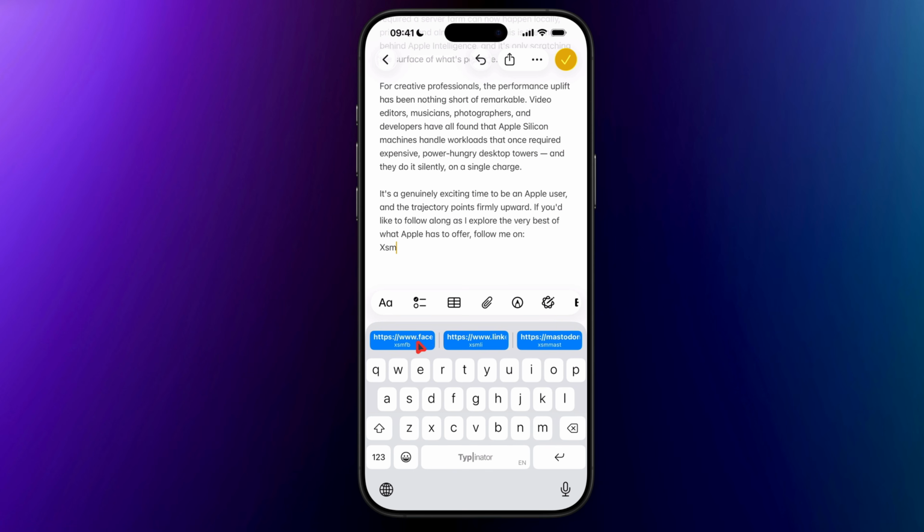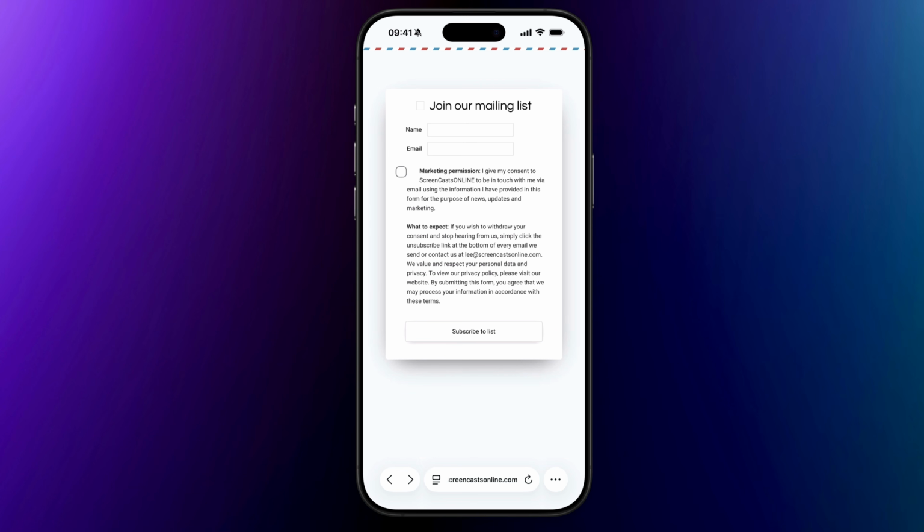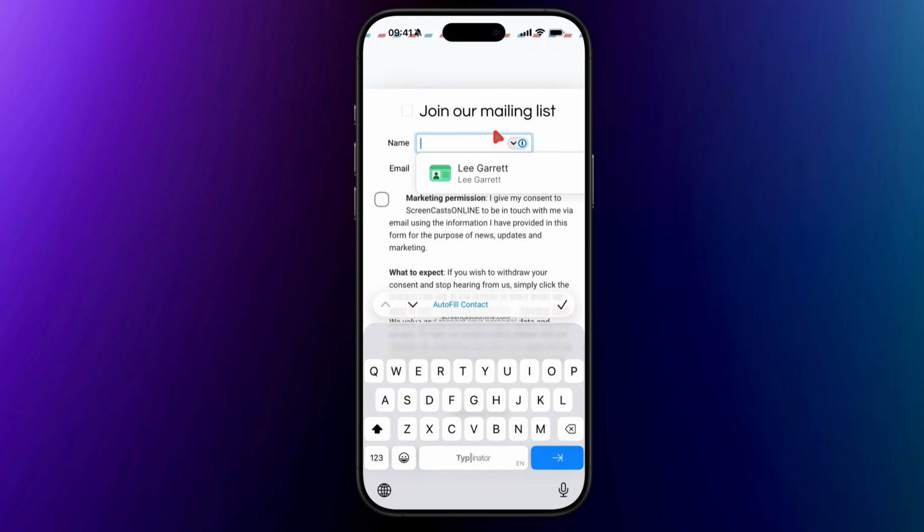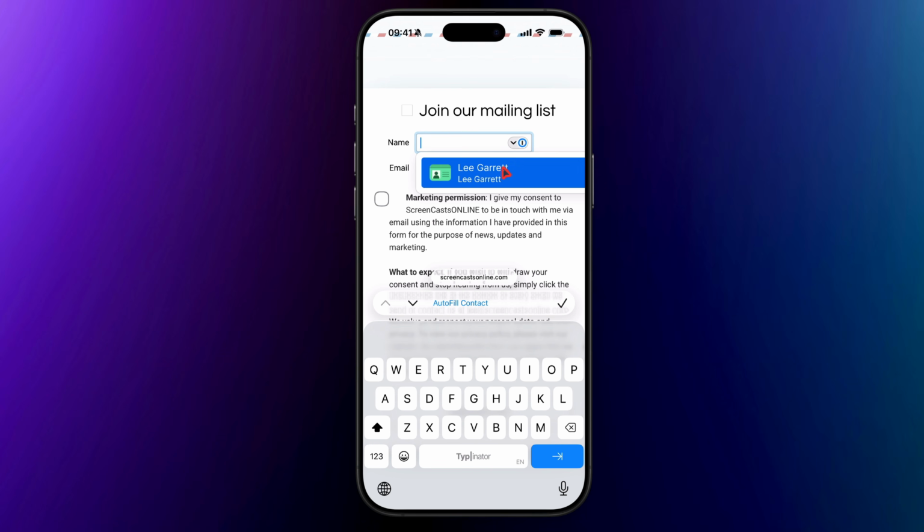So I'll tap the Facebook one, press return, and then go again. This time I'll tap the LinkedIn one in the middle. And then we have the Mastodon one on the far right. So simple. Do you ever find yourself frustrated with Safari on iOS when you need to enter your email address